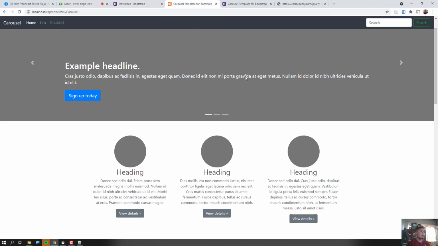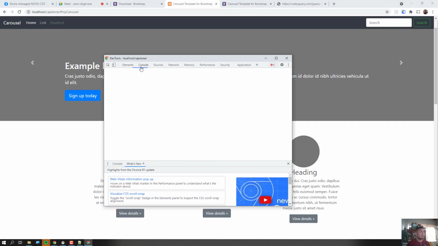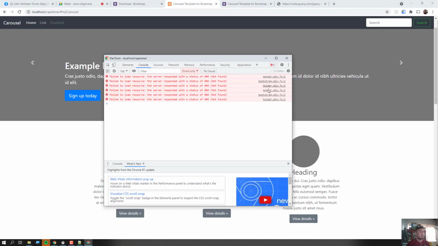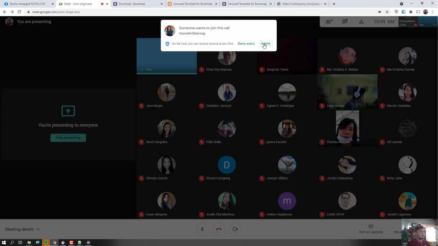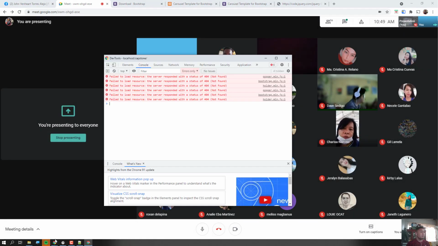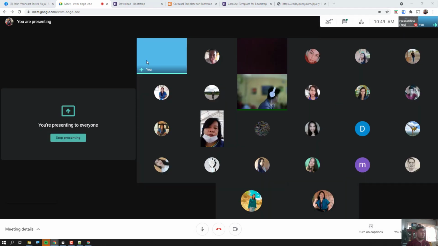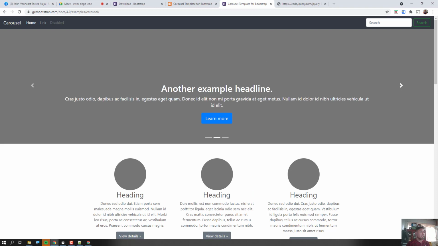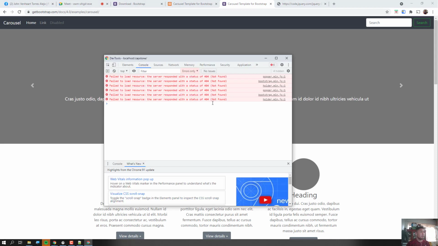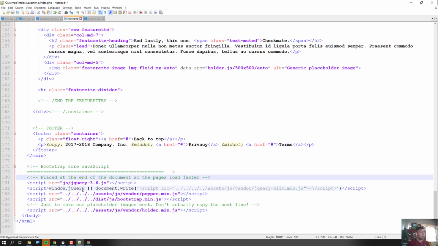In here, going back to inspect element, there was a problem with the GS, so now there is no more problem with the GS. Okay, so the next thing that we are going to solve is this one, the minify, the bootstrap min.gs. So this is local. How we are going to do that, we can change also, instead of